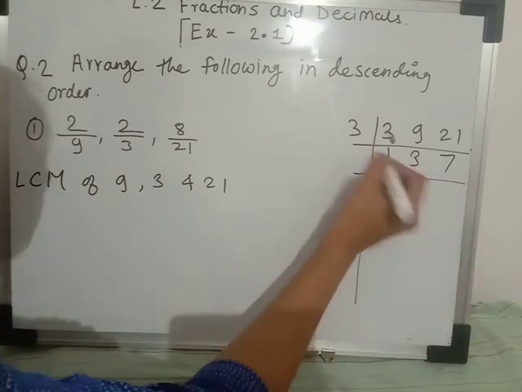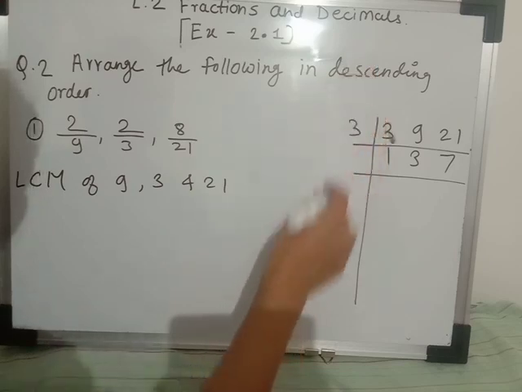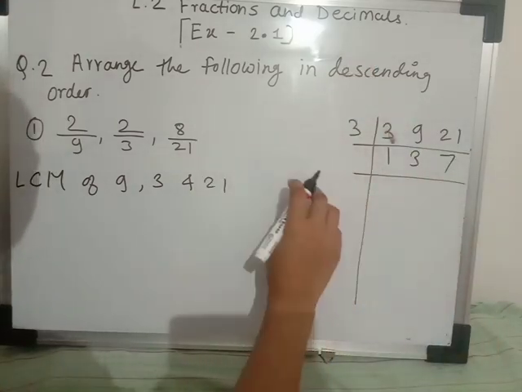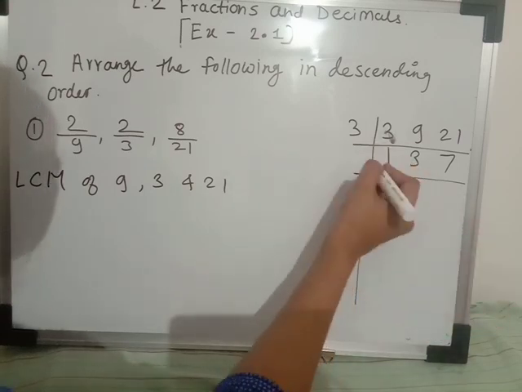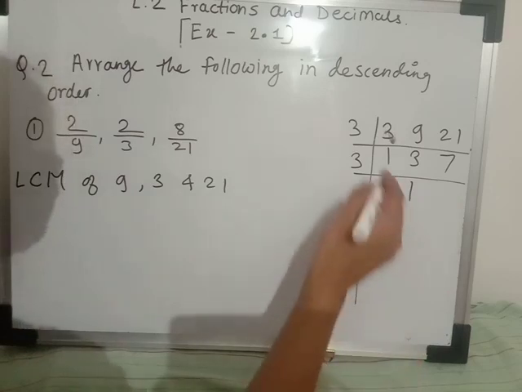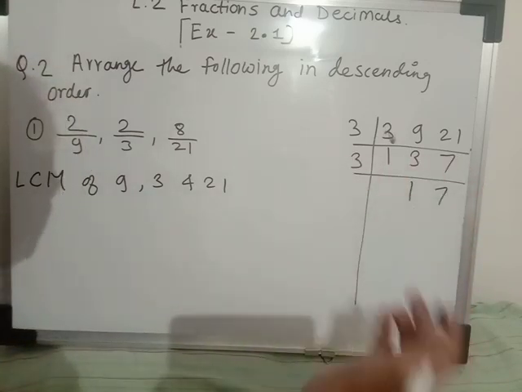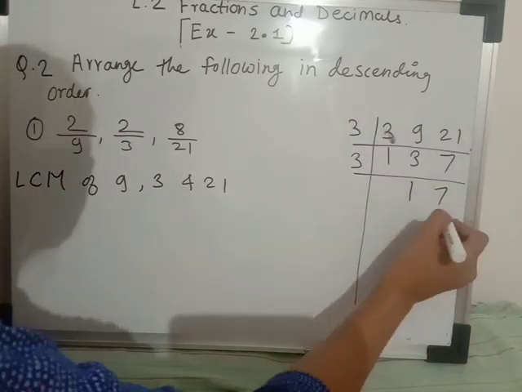1 is divisible by itself, so here we can't write, means you can write, but if you multiply 1 with any number, you will get the same number, so there is no need to write that 1 multiplied by 1 is equal to 1. So 3 ones are 3, and then 7, we can't divide the 7 by 3 because that is a prime number. Prime number हमेशा खुद से ही divisible होता है. So again 7 is there.